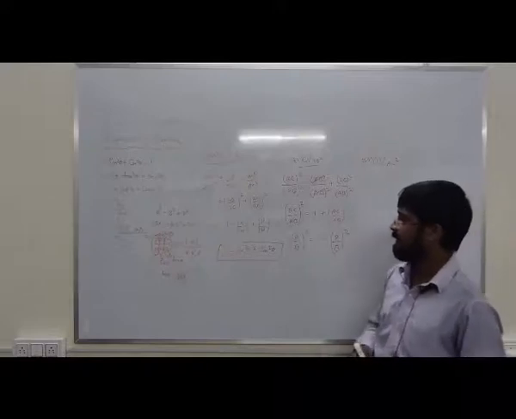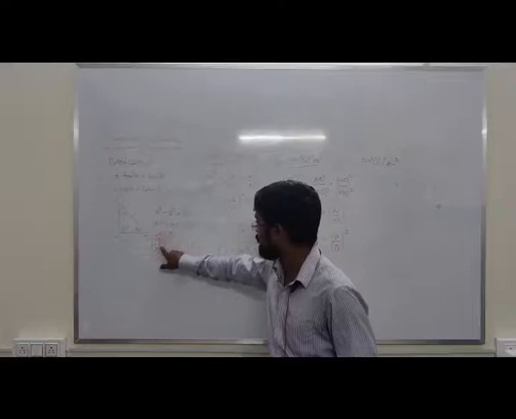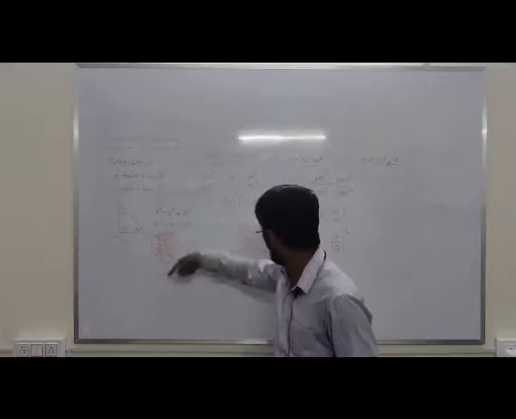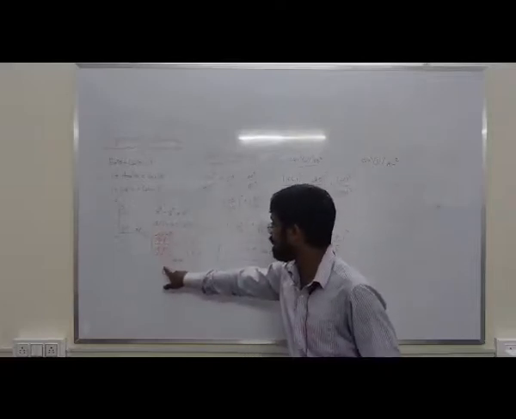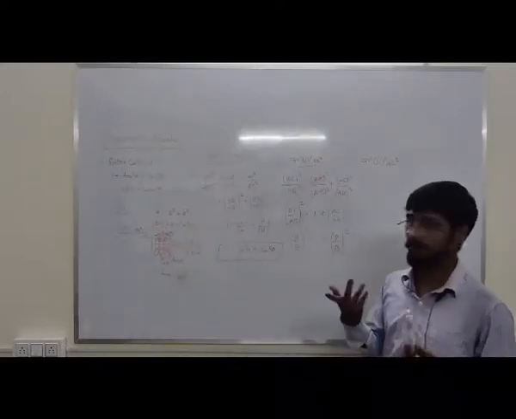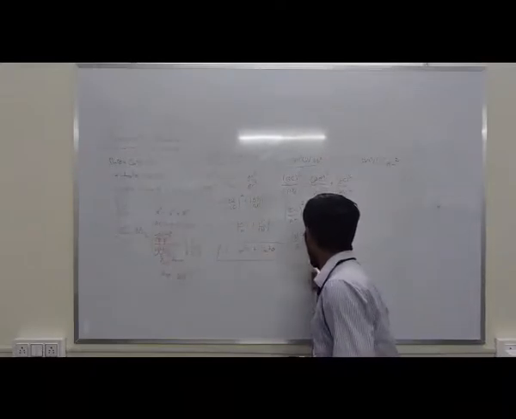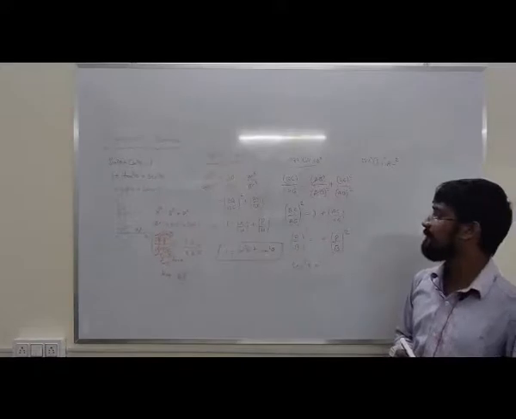Now H by B, look at this trick. What is H by B? The second term is B by H, which is cos theta, but here it is the opposite of that, meaning reciprocal. The reciprocal of cos theta is nothing but sec. So H by B is nothing but sec theta, and I can write sec square theta.